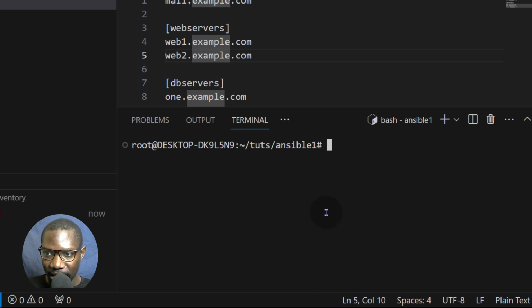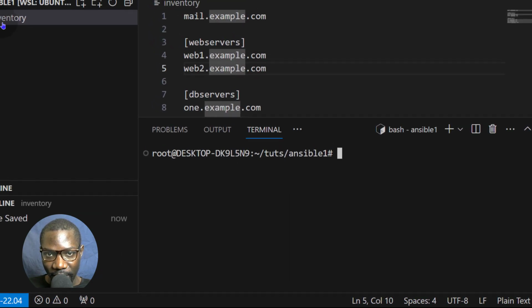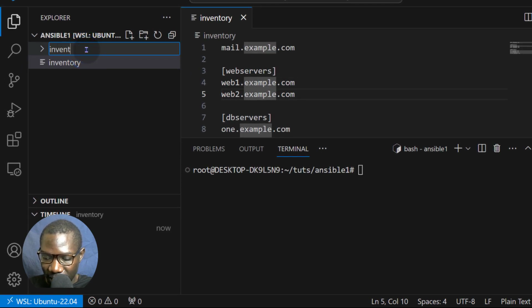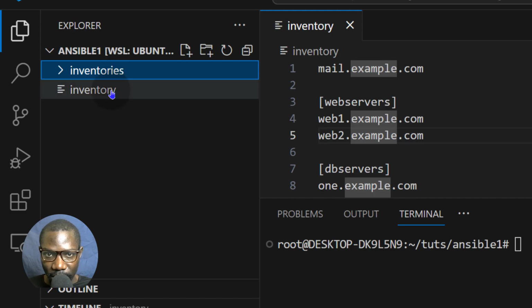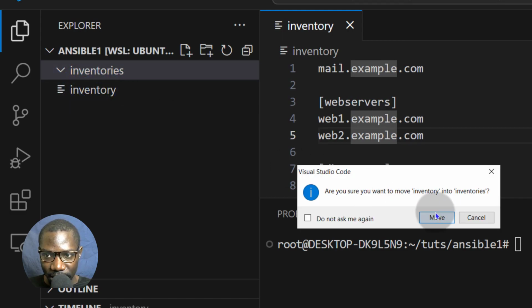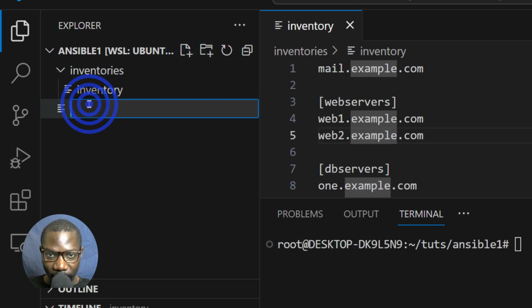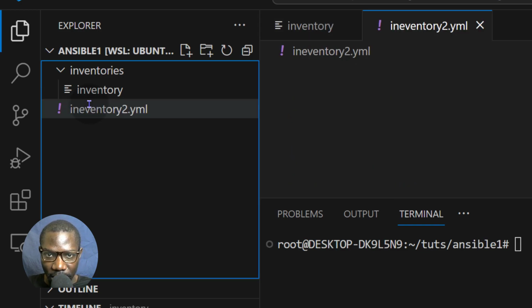The next thing, let's get rid of the -i so that we can just know which inventory file we want to work with. In fact, we can put our inventory files in one folder. So I'll drag that inside there, move it. We can even add another one, the one for YAML. So we can do inventory2.yml.